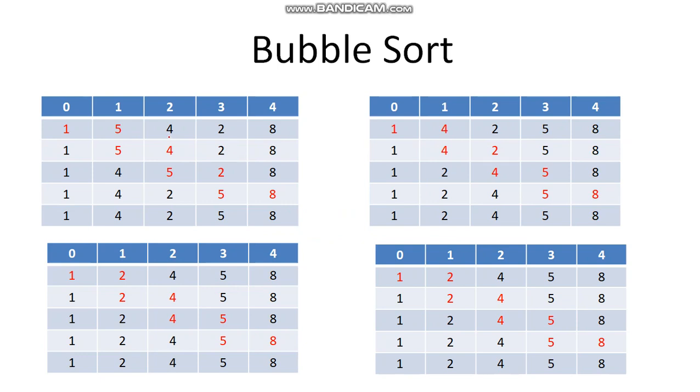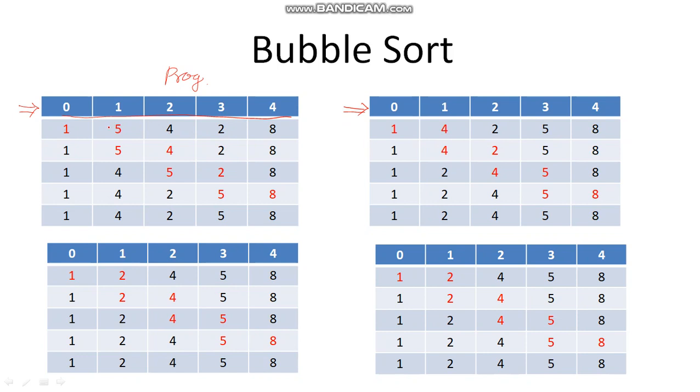Let us say this is an array with 5 indices. The indices are 0, 1, 2, 3, 4. This happens with many programming languages. If you are using C or C++, this first row is the array index. So here the array indices are 0, 1, 2, 3, 4. Assume that there are 5 elements, and these are the 5 elements: 1, 5, 4, 2, 8.